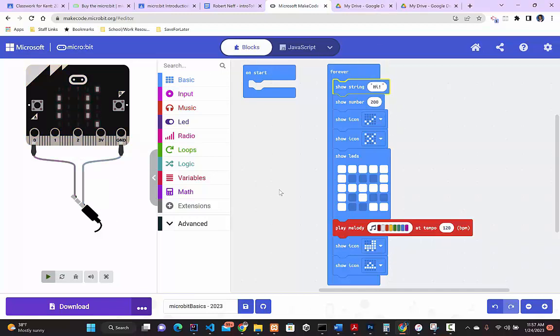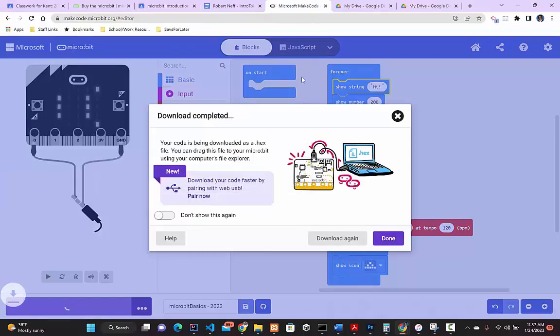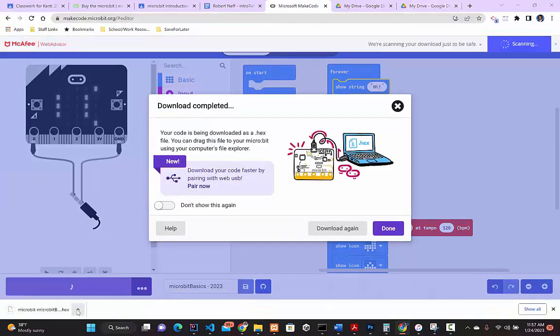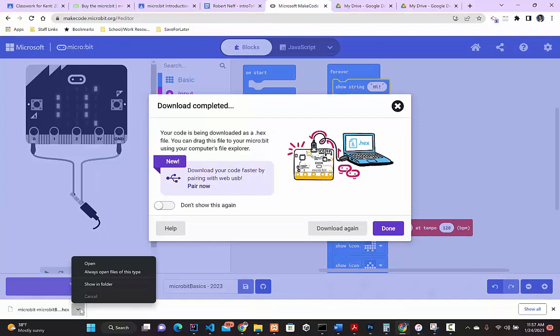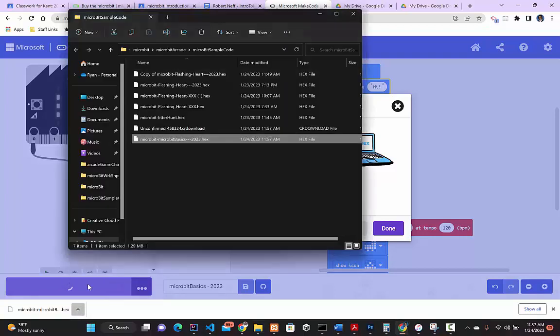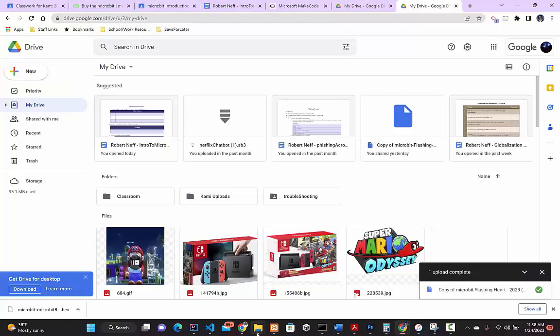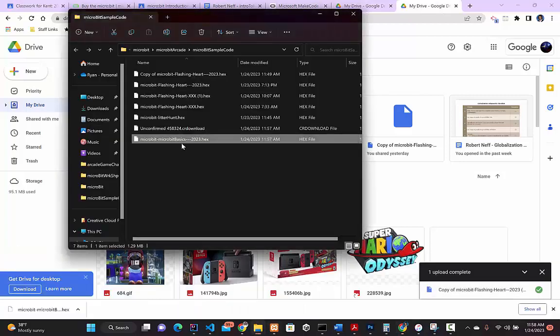Once you're done with that, you're going to do as you did before. You're going to download that. And then you'll click on that little arrow there. This is an easier, faster way to find where your work is saved to. There's a little arrow on your computer, and you can click show in folder if you click there, and it's right there. And if I go back to my Google Drive, I click on that folder, I can just drag that from that folder into my Google Drive,